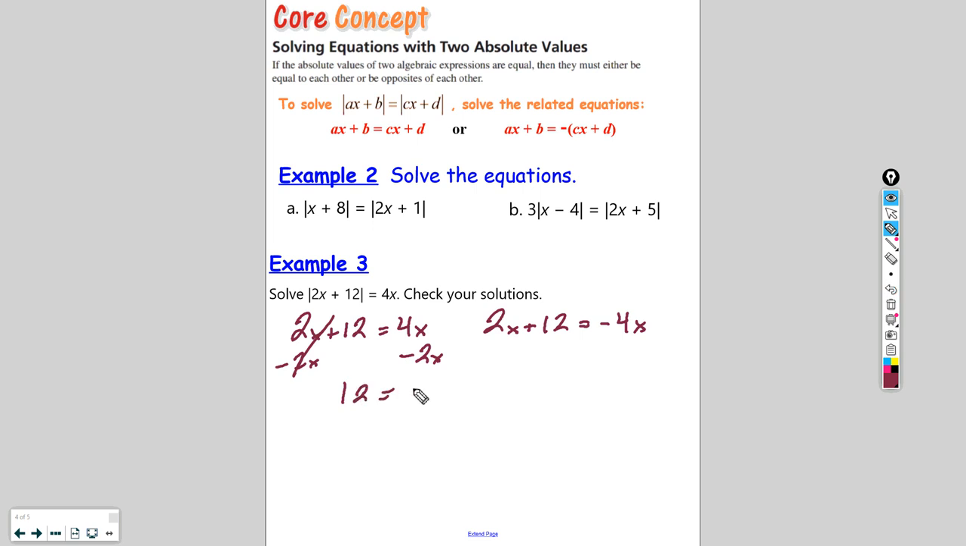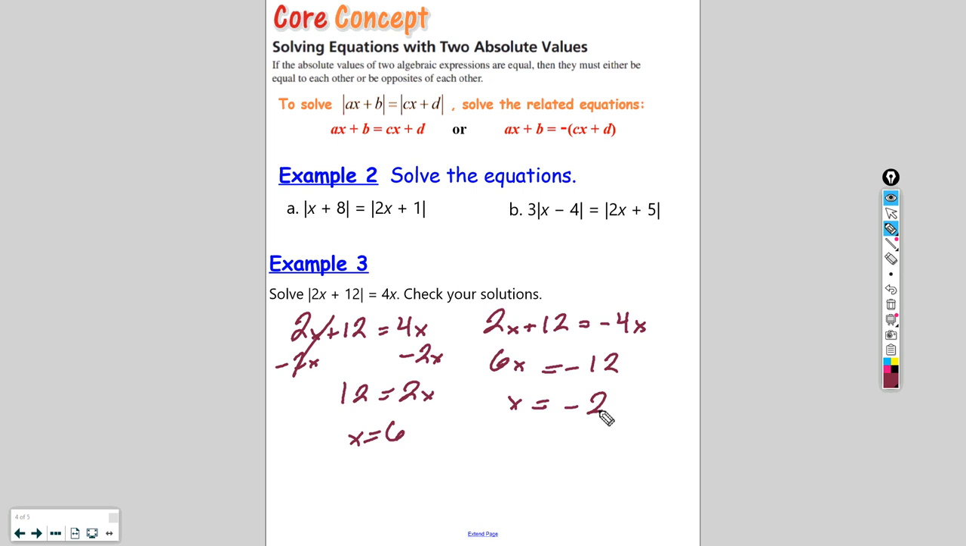There we go, 12 equals 2x. And then divide by 2 on both sides, and we'll get x equals 6. On the right equation, I'm going to add this 4x over, and I'm going to subtract 12. Okay, so we get 6x equals negative 12, and then divide by 6. We get x equals